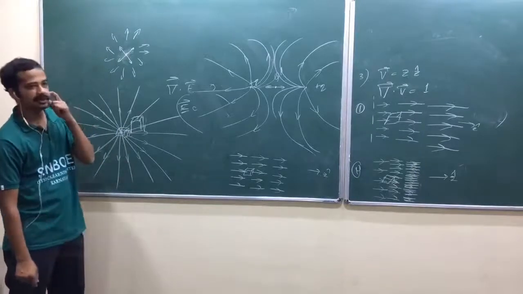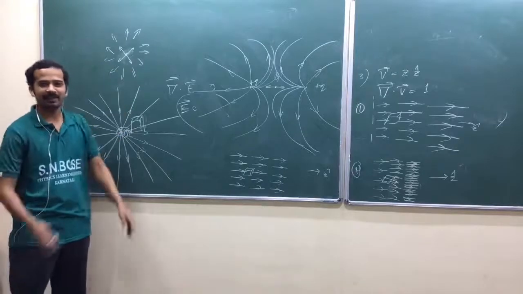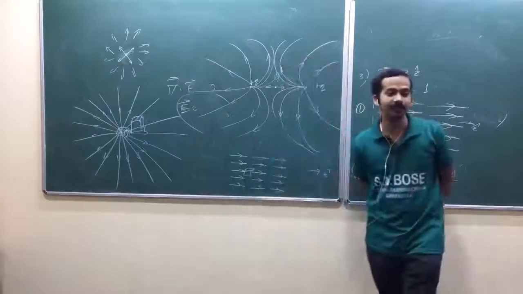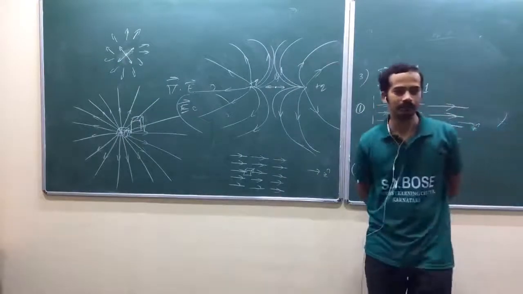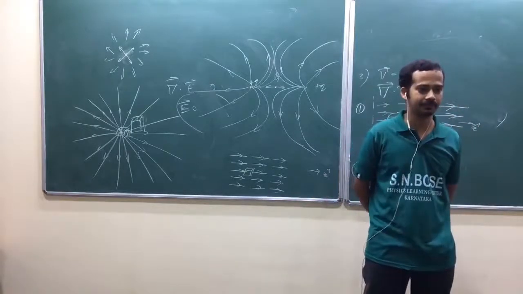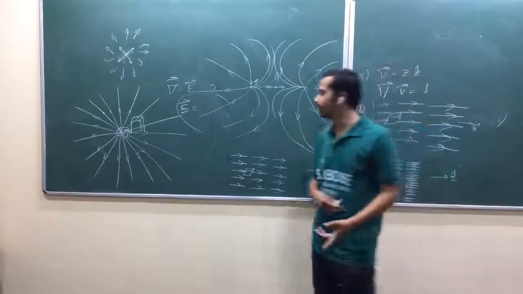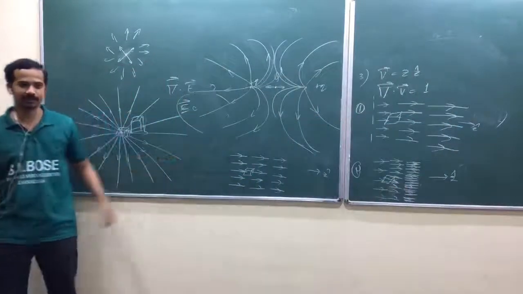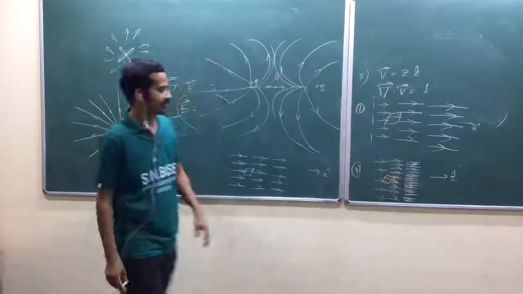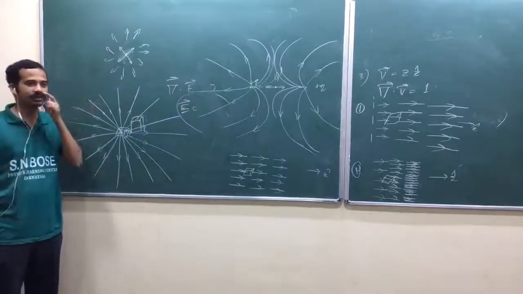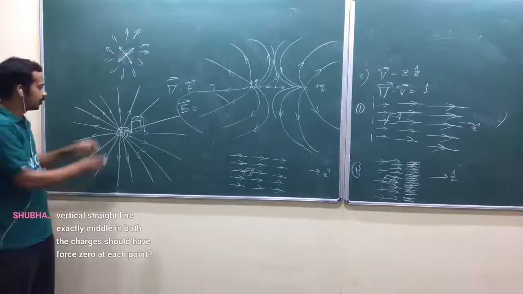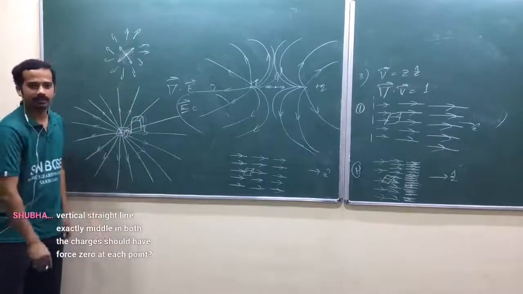Wait a second. We shall discuss some pure mathematics. Then I'll let you draw the vector field. Think over it. I'm saying we have to go in a reverse way. First, we have to do whatever the operation with the electric field. Then we should try to draw the field lines. Is that okay? But I tried to do it in the opposite way. That's why I got stuck here. Initially I was careful. I took a vector field, took the divergence, and tried to draw that one. We have to do the same thing for the electric field. The question is, even though it looks like diverging, why is the divergence 0?